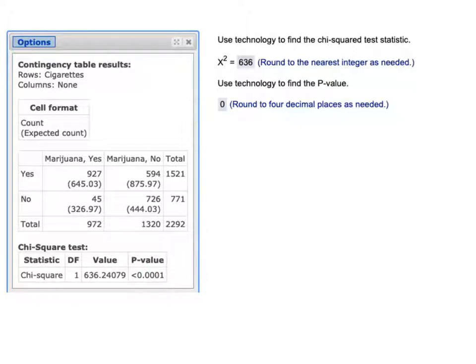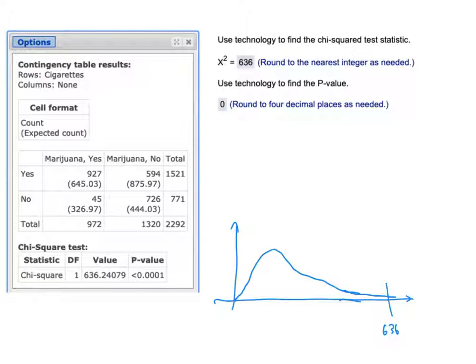But it's really 0.00000000. Got lots and lots of zeros there. The picture for that, just for completeness, the chi-square distribution starts off here and kind of tails away like that. Usually drawn better than that, but that's what it's supposed to look like. And so a chi-squared of 636 is super, super far out to the right. And so the p-value is always